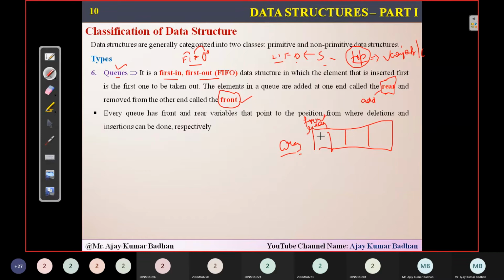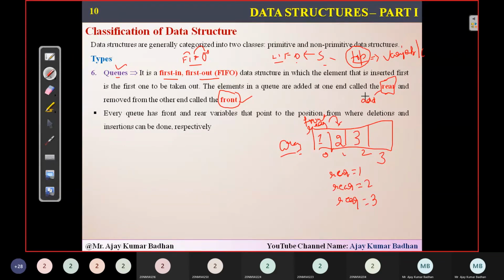So when I'm adding the first element at index 0, the rear will be incremented. Front will remain at that position, and rear will represent the next index. So now rear is equal to 1. Now I'm adding another element here, so I increment rear. The next element I will store at location 2, so I'm storing the value 3 here. Then I increment rear, so the rear value will become 3.